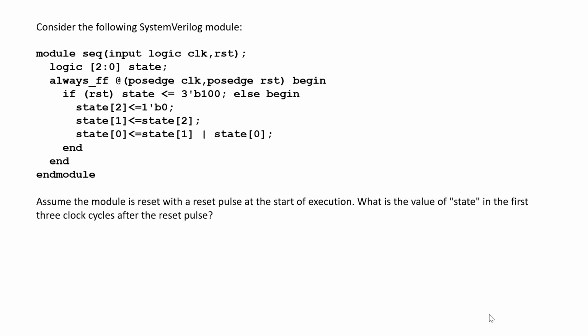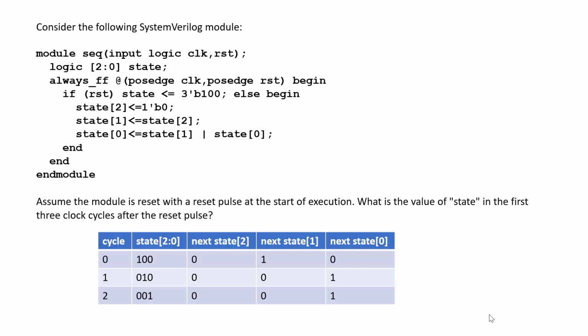The next question: assume the module is reset with a reset pulse at the start of execution. What is the value of state in the first 3 cycles after the reset pulse? For this one, we are resetting it to 1, 0, 0. So in the first cycle, it's 1, 0, 0. And so the next state,